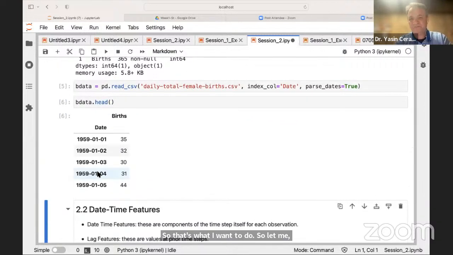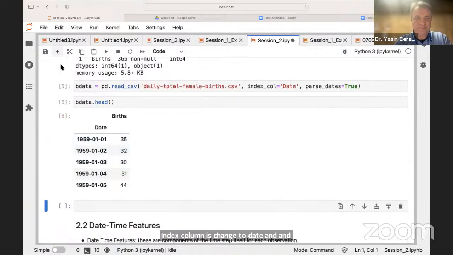So as you see, the index column is changed to date, and also let's also check the